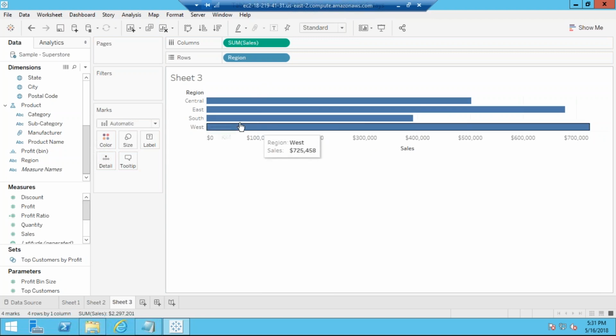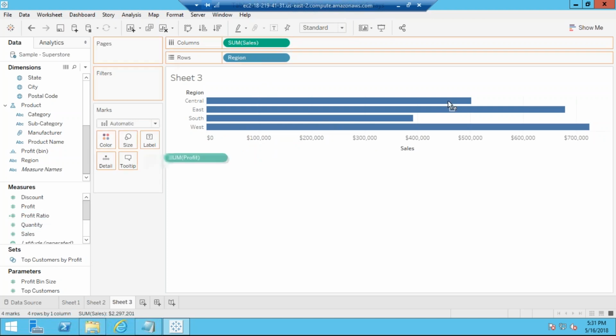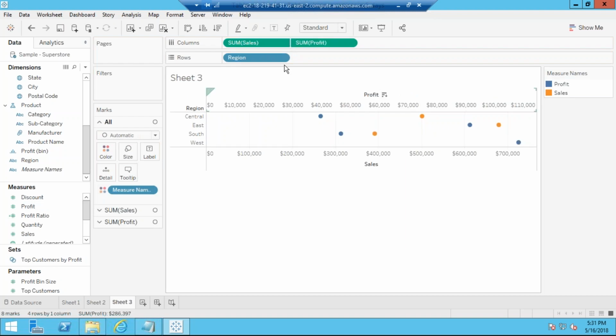What I want to add here is my profit. So I'll just take profit and drop it here. That is your second scale. So this is your second axis. So you have profit, you have sales. But I want sales as bars and profit as line. That's why we call it dual axis. So it is dual axis right now, because now we are getting two axes.